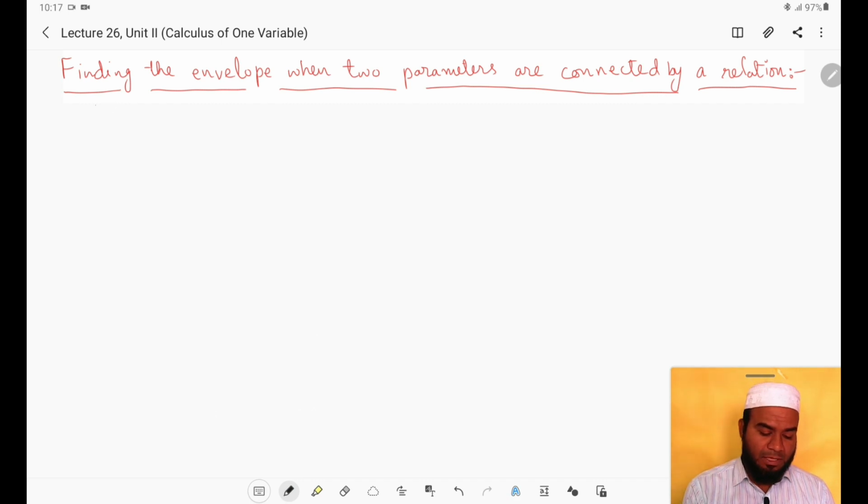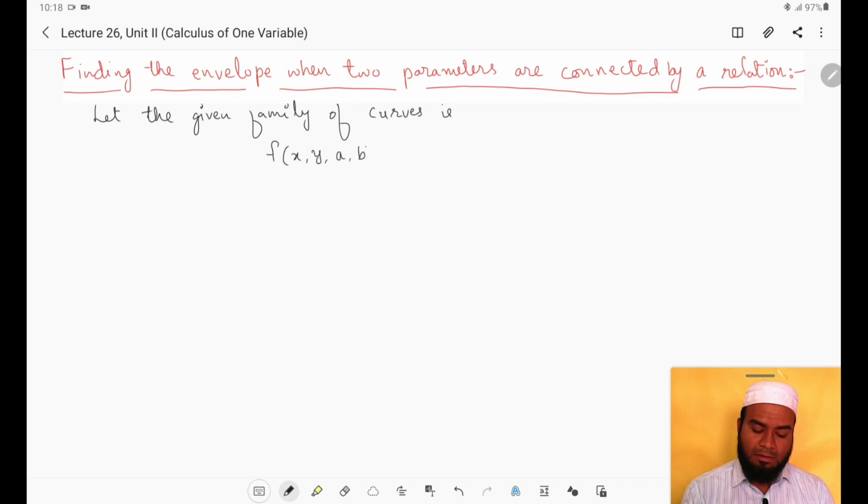So let the given family of curves be f of x comma y comma a comma b equals to 0, because two parameters we are considering, a and b are parameters here. Now consider this as equation 1. So what we are considering here is a family of curves with two parameters a and b,